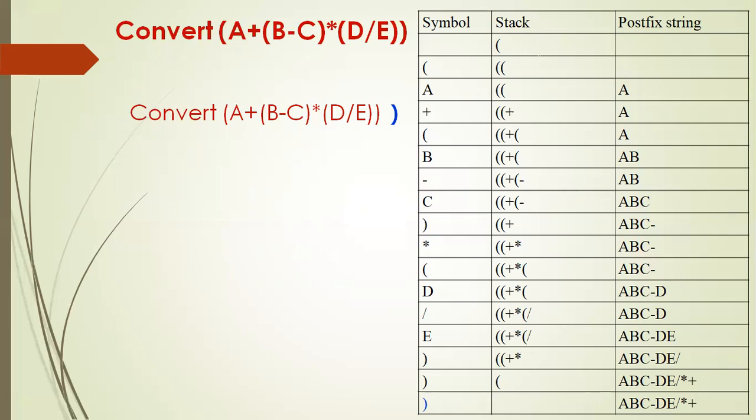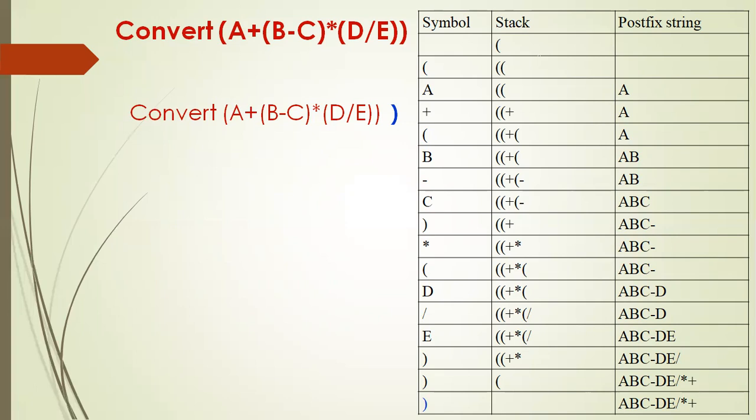So this is how an arithmetic expression given in infix notation can be converted into postfix. In today's class, we have learned two different applications of stack. One is, given an expression in postfix notation, we have to find its value. In that case, you make a two-column table. The first column is the symbols scanned, and the second column you label as stack. What's the first step? Add a right bracket at the end of the expression P. Then scan the symbols in P from left to right. If it's an operand, you have to push it onto the stack.